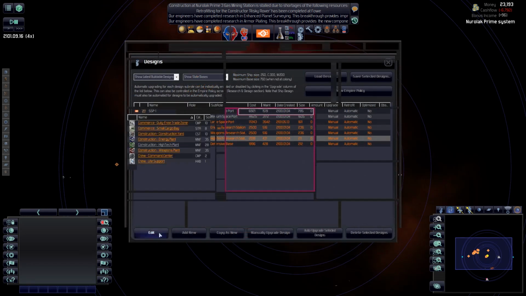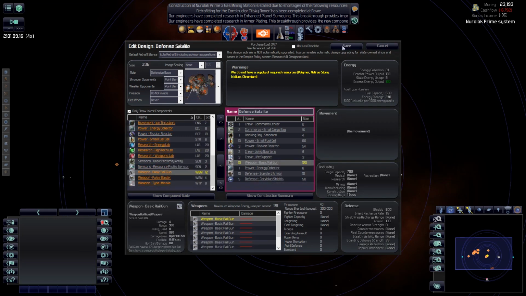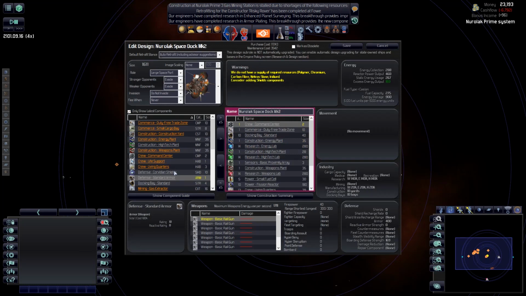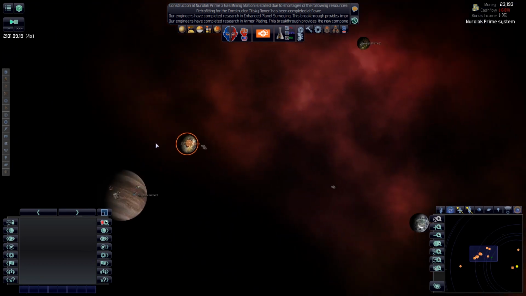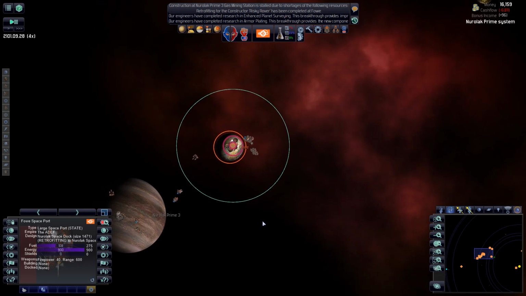Actually, the home spaceport hasn't got shields. I need to rectify that. No, the defense port is a bit tougher. The large spaceport, though, needs its shields. There you go. I've got a large number of shields and a good amount of defensive armor now on this spaceport, which is good. It is more expensive now, but if we're going to update this shipyard,